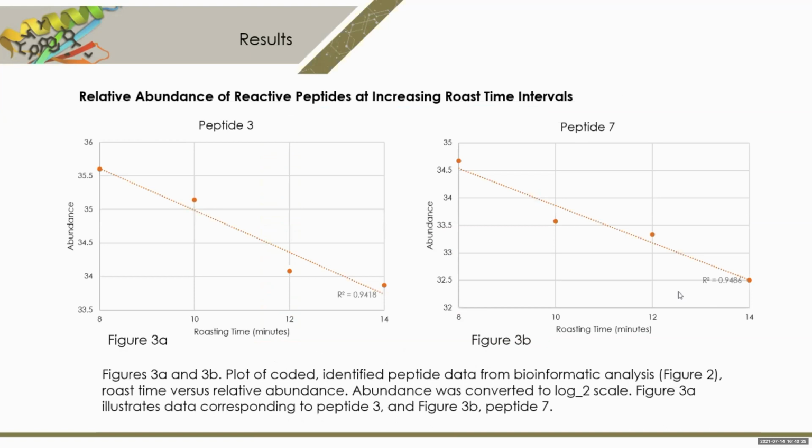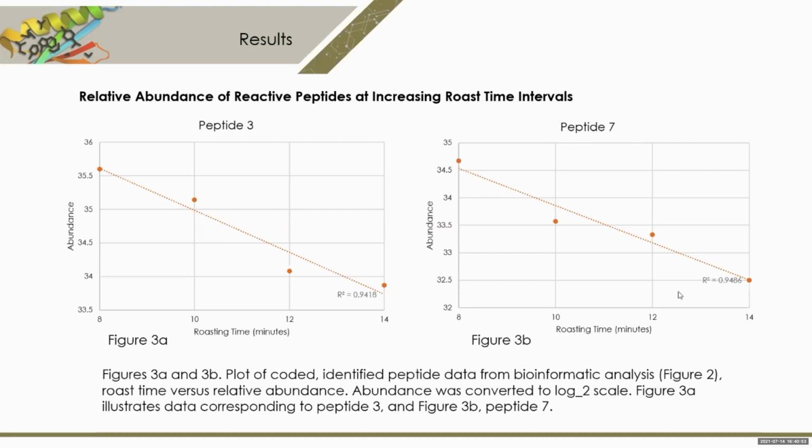We took all of the peptides and plotted the data. This is an example of 2 of the peptides out of the set of 17. On the y-axis is the relative abundance, and on the x-axis is the roasting time, beginning at 8 minutes and continuing to 14 minutes. This information was used to characterize the relative reactivity of each peptide and confirm the correlation between amount and roasting